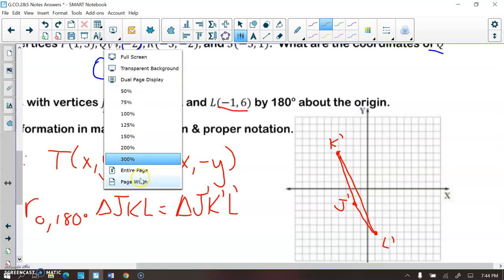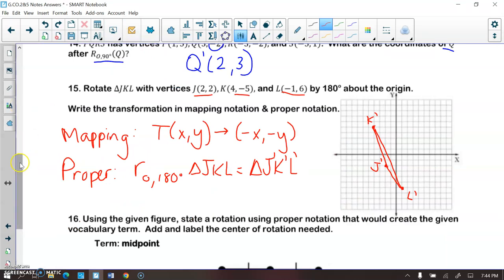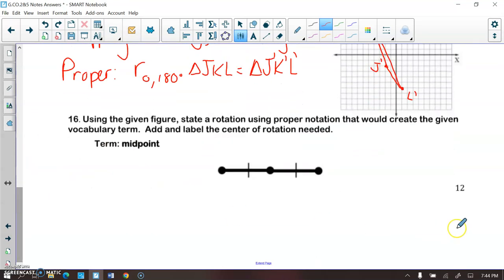All right, I'm going to zoom out again, and we're going to move on to our last problem, which we've ended both translations and reflections with this problem, so it's only fair that we do rotations as well. All right, so adding my letters here, I have G, M, and H, just like always, and I'm defining that M's the midpoint